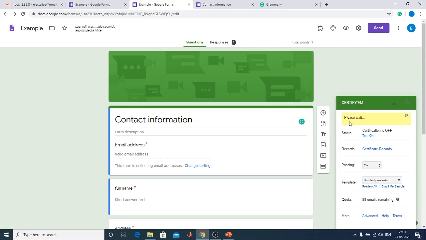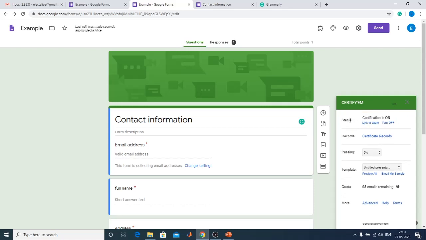If you have not kept it in a quiz format, or if you have not kept your email address, it will show you that it cannot be linked. So you have to make sure that it is in a quiz format and these two columns are available. The second thing is, as it is in quiz form, here you can select the score. Here we are just giving the certificate to the people who have attended the webinar. But if you are conducting an online test and you want to give the certificate to those who pass 50%, then you can choose the range you want here, and set your certificates.